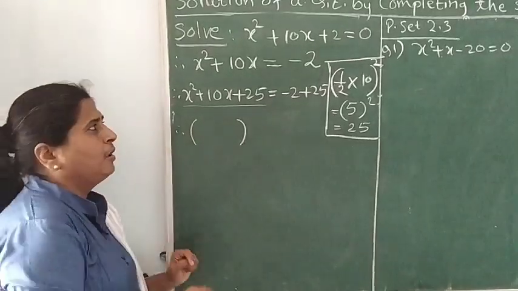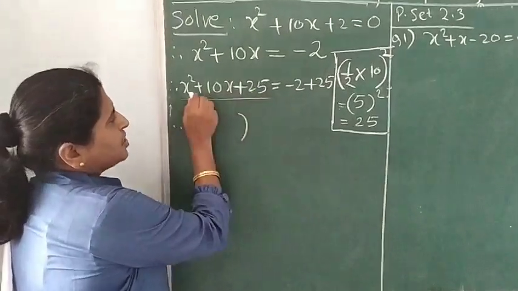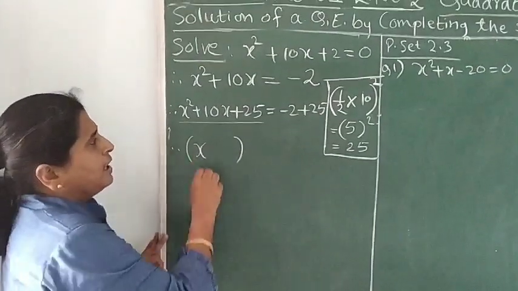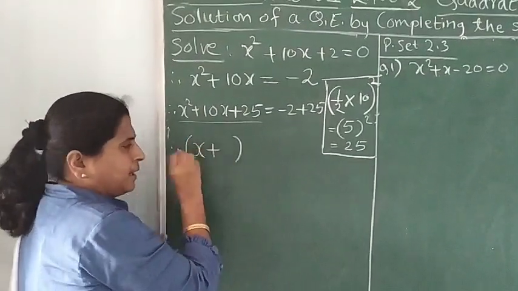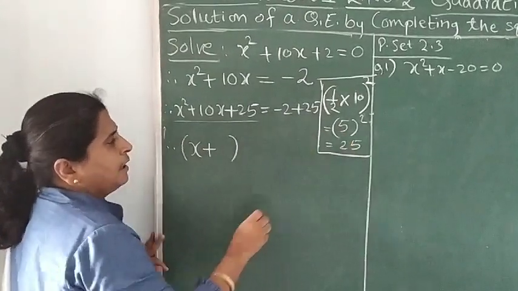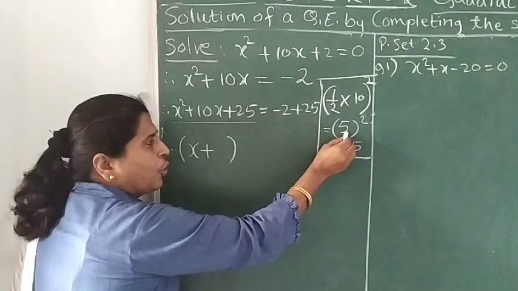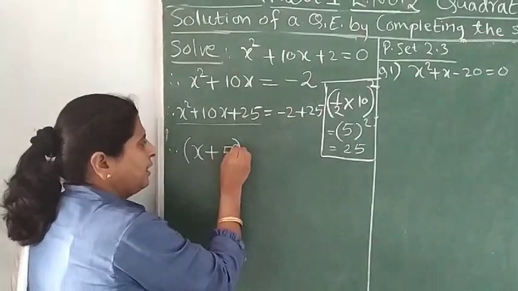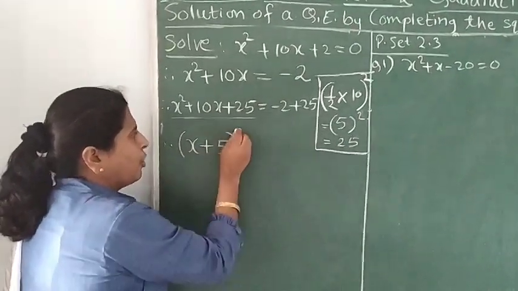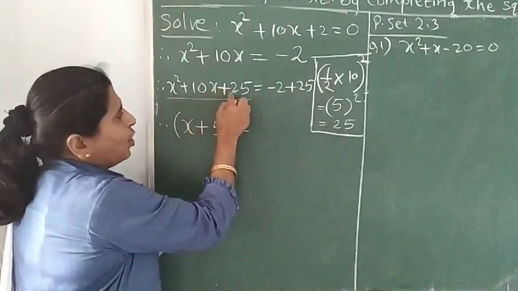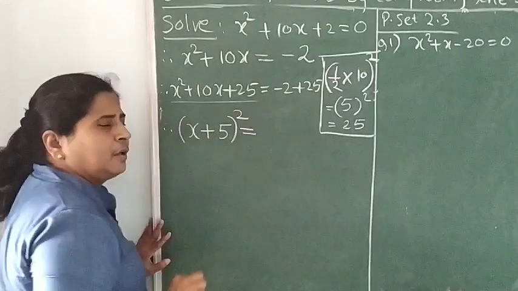Again, one tip I will give you. Now, this is an expression in the x variable, so write x here. Okay. Now, this sign is plus, so write plus. Here also you will get plus only. Now, this 25 is the square of what? In the bracket, what did you get? You got 5. So, write this 5, and whatever binomial you have got, write it squared. So, this trinomial is the square of x plus 5, the whole square.